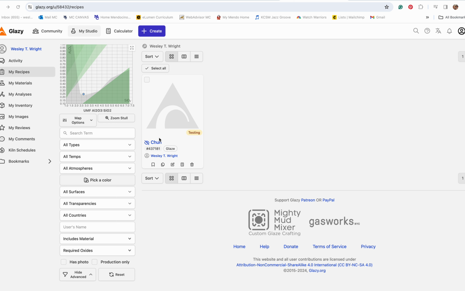Alright guys, let's talk about how to adjust a glaze from an original recipe to try and get different attributes, such as making it glossier, more matte, or melting at a higher temperature. So you can go to create and you can create a glaze, and then once you save it, it'll end